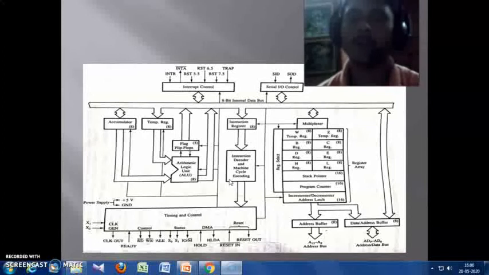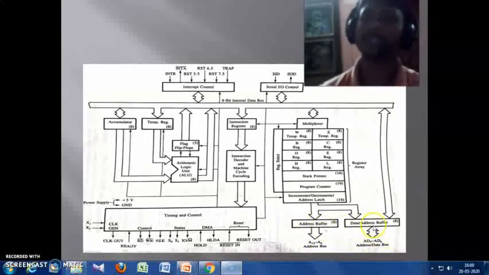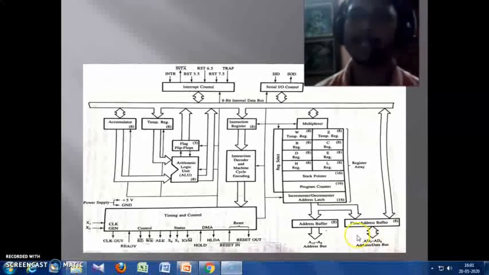Now how the operation is happening, I'm just going to explain it. In the memory, the instructions, that is a program, are already written. If the microprocessor wants to access this data, then it will send the address through this address data bus. Now this address bus is basically divided into two parts. One is the higher order address and the next one is the lower order address. Lower order address is basically the multiplexed address and data bus, and we have a control signal, that is the ALE signal.